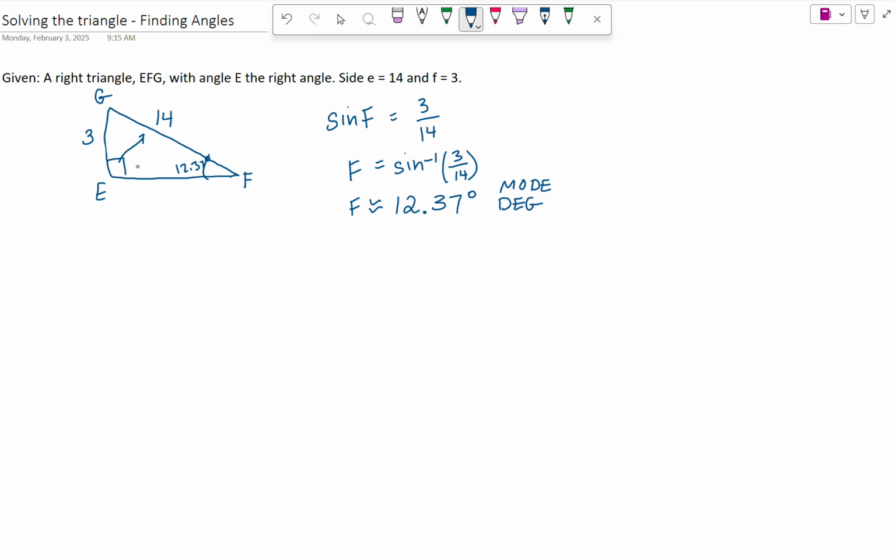All right, and then you got 2 choices really to find the other angle G. You could do 180 and take away 90 and 12.37. You can also do trig, inverse trig again to find it. So we're going to do it that way. So for angle G, we are going to need to use the cosine. So we have the 3, which is the adjacent side, and the 14, which is the hypotenuse. So the cosine of angle G is 3/14. So G is the inverse cosine of 3/14. So we will type that in, and angle G is equal to inverse cos of 3/14, 77.63